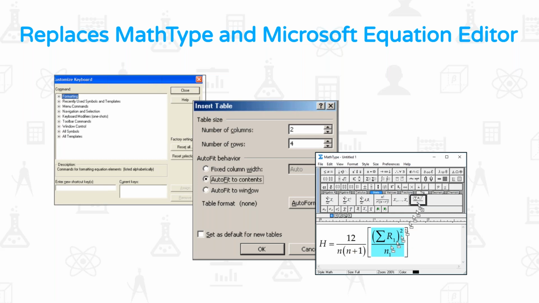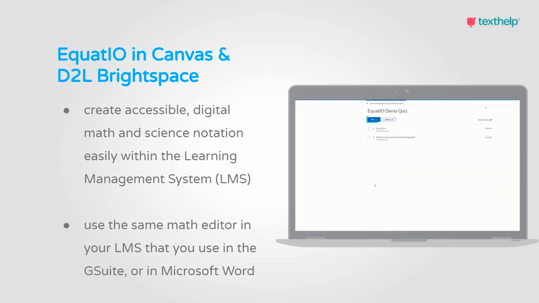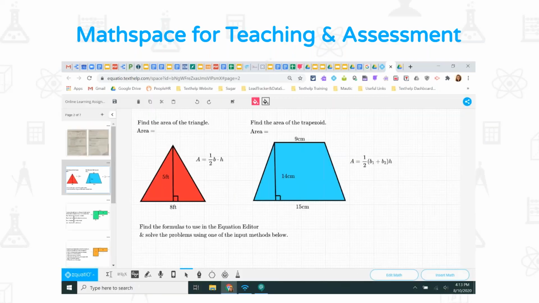Our tool, as I've mentioned, is much easier to use than MathType and Equation Editor. We've talked about that two-thirds of the time, but again, for faculty with the Microsoft Equation Editor coming and going in availability, especially if it's gone for them, they can't get access to their assignments. EquatIO is a way for them to create this digital content, which is key. And I mentioned it being available in these learning management systems, which is key. And as I always talk about, we're under continual development, continually trying to better our product, so looking at other learning management systems as well.